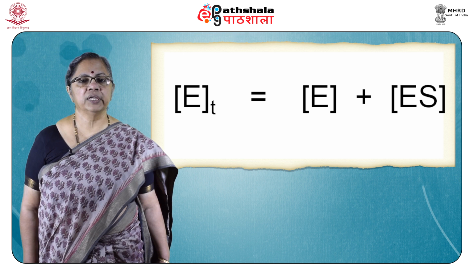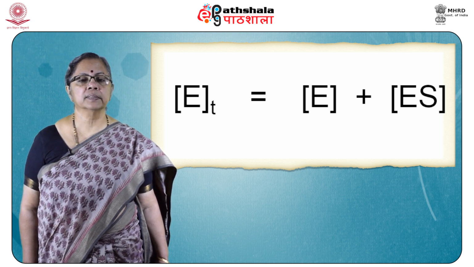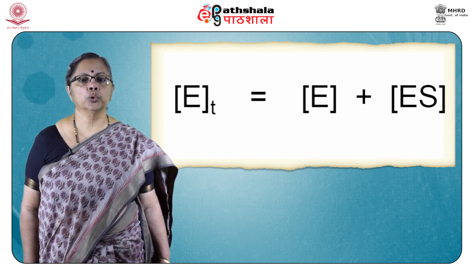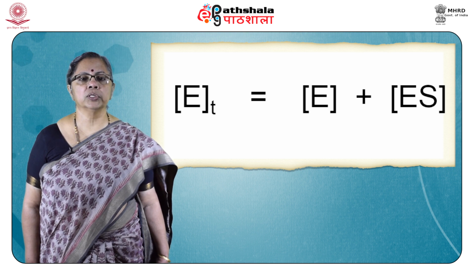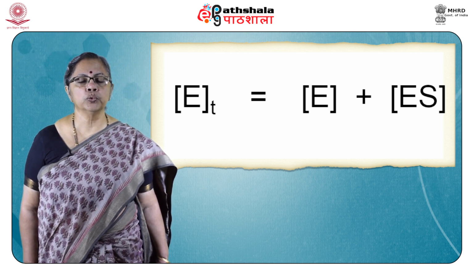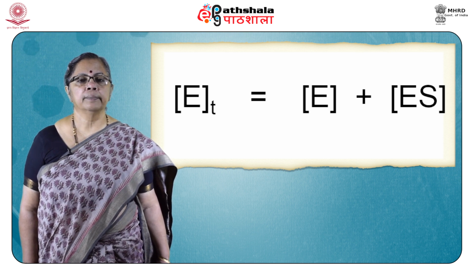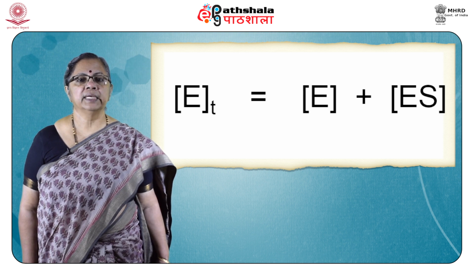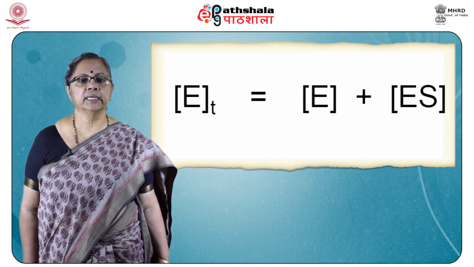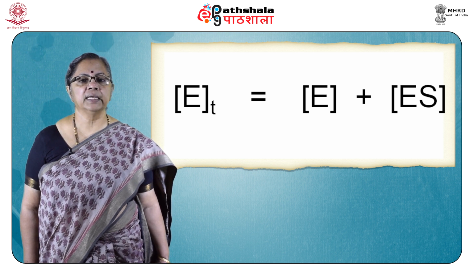E being free enzyme, ES enzyme substrate complex and ET the total enzyme present. For any equation to be experimentally useful, quantities that are not directly measurable are avoided, and therefore the exercise is undertaken to replace E, ES and ET step by step. First of all,